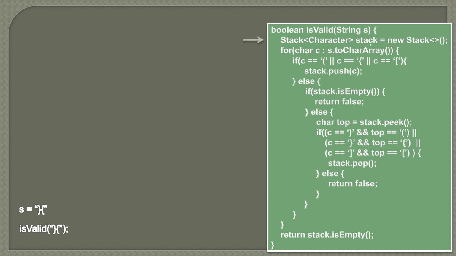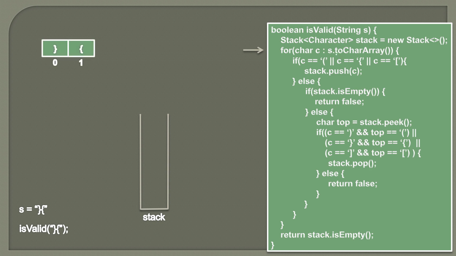We will first create a stack. A stack is a LIFO data structure where the element which goes in last will be the first one to be removed. You can watch my stack tutorial to understand more about this data structure. Here the main idea is to iterate over each and every character of this string. First we will convert this string into a character array and then iterate through it with the variable C. When we call the toCharArray method, we get a character array where each character is stored at a particular index.